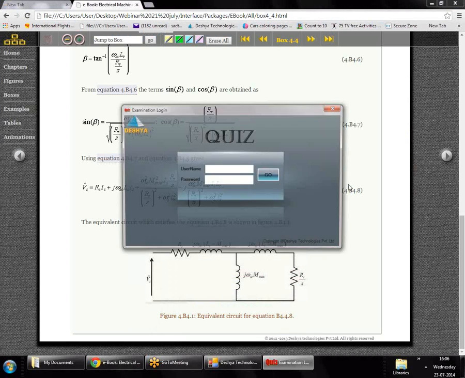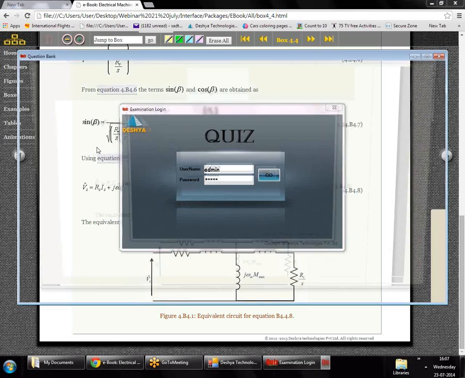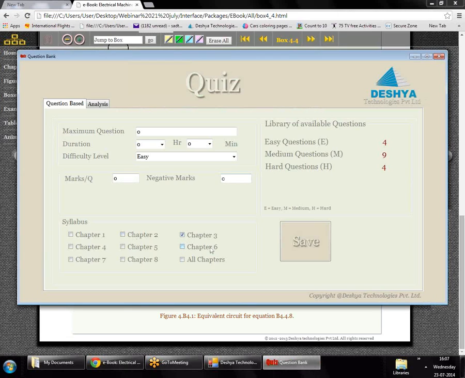Now, just for fun, we also have quizzes which can be given to the students to check whether they have understood the concepts properly or not. Once we log in to the quizzes, the chapters that we have discussed today in detail are 3 and 4. There are around 8 easy questions, so I'll set the quiz for 5 questions. Let's set the time for the quiz to 5 minutes. Its difficulty level we can keep easy. 4 marks for a correct answer, and 1 negative mark for a wrong answer.